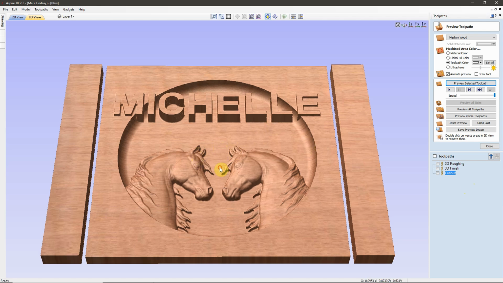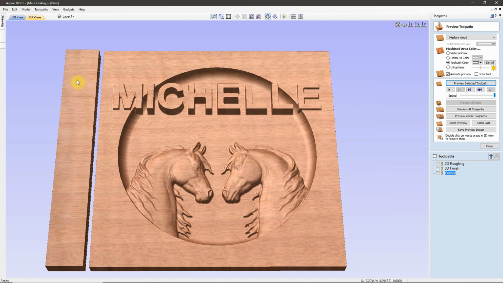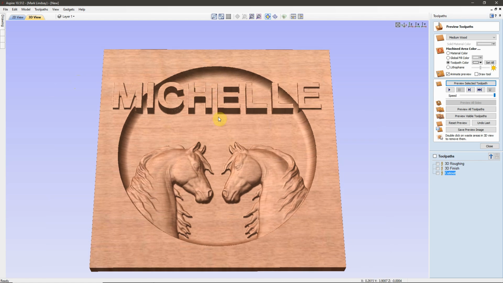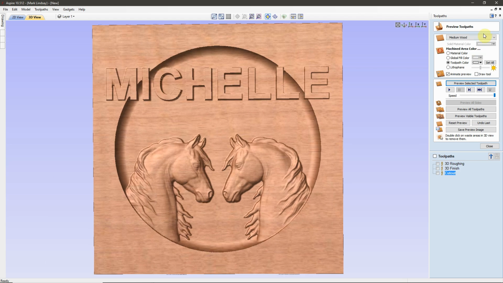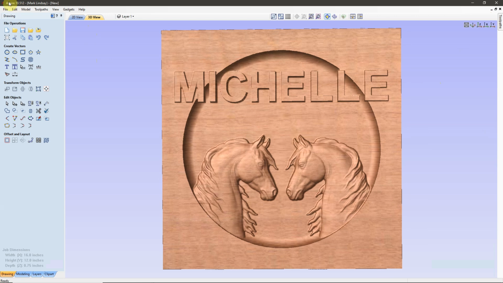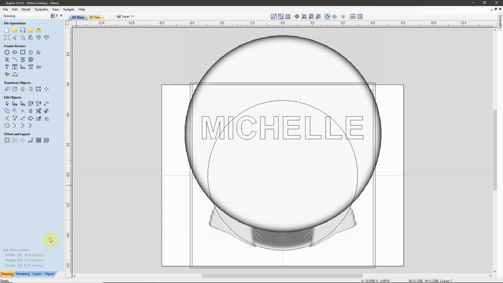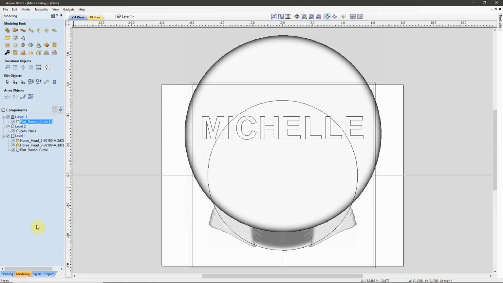And our plaque has been cut free from the waste. I can double click to get rid of the waste. And there we have our finished plaque. If we go back over here to our drawing tab, go into the 2D view, go into our modeling tab,